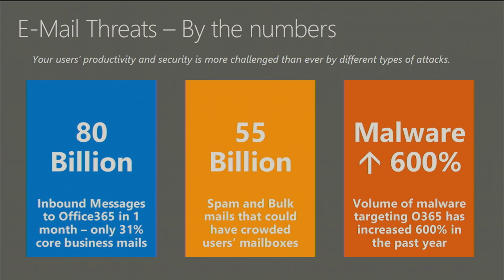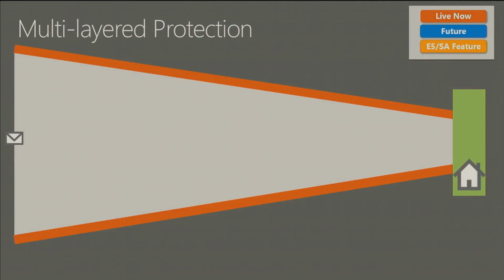Another fact, malware increased 600% in 1 year. So the amount of malware that we saw being targeted at Office 365 users went up 600%. So those types of threats really pose a huge risk to your users' productivity and to their security. And Office 365 has developed a pipeline that has layers upon layers to address different types of attacks that are